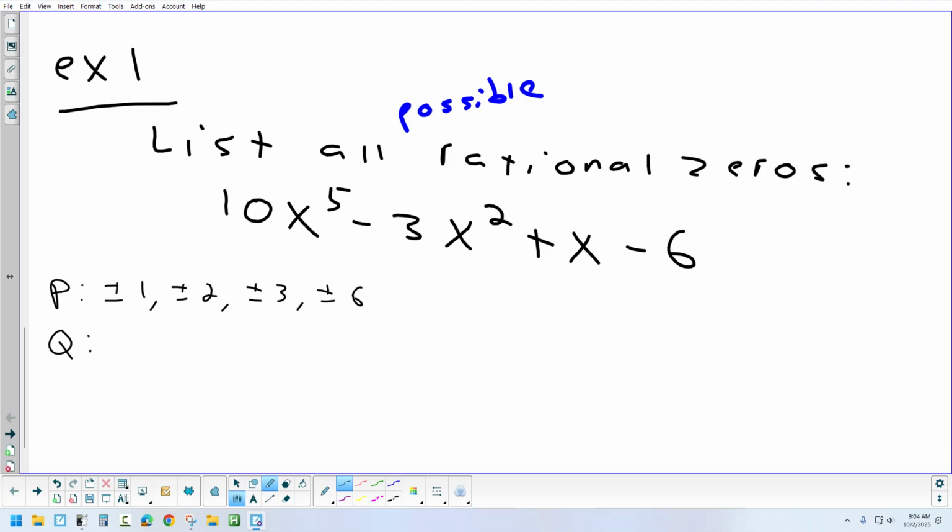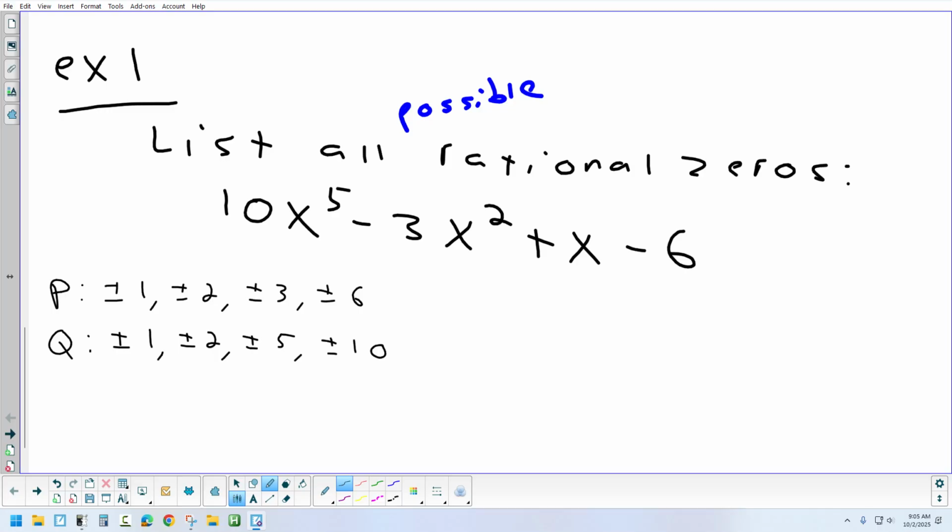Now let's identify all the Q's. Q has to be a factor of the leading coefficient. What's the leading coefficient here? Yep, 10. What are all the factors of 10? 1, 10, 2, 5. Okay? And the negatives. Positive or negative 1, 2, 5, 10. So if this polynomial is going to cross the x-axis at a fraction, which I can't even guarantee that it does,